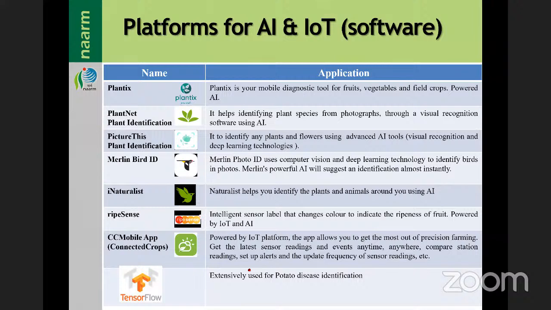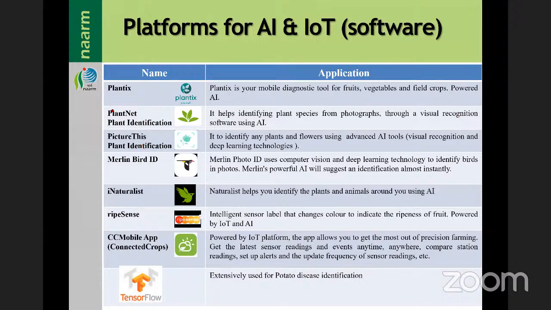So I told you now about AI and IoT applications. How many of you are using Plantix? Anybody using it? It is there in the Play Store, you can download. Plantix is a mobile diagnostic tool for fruits, vegetables, and other crops.